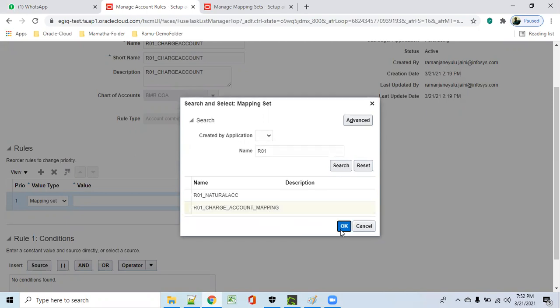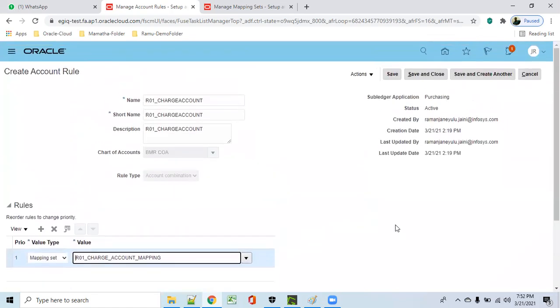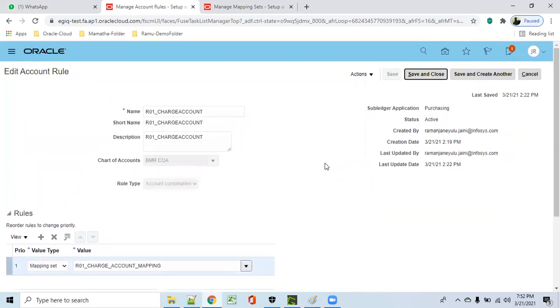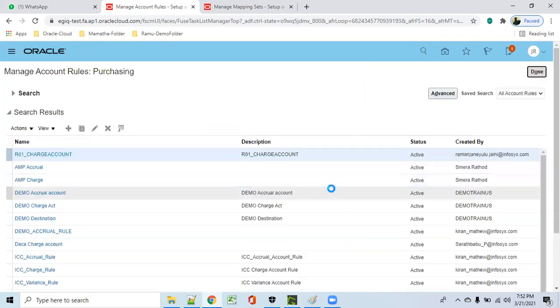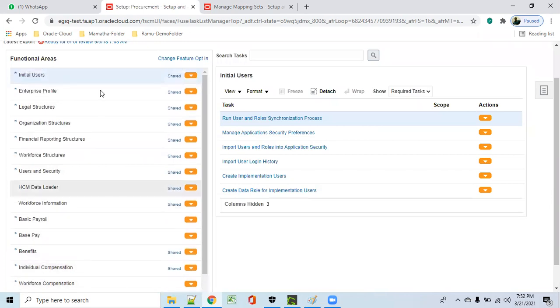So this is the one. If you want, you can write a lot of conditions here on what basis it has to trigger. That will be very complex, so I am not touching that. So click on save. First mapping set, then accounting rule, then after finishing this, go to the last one.